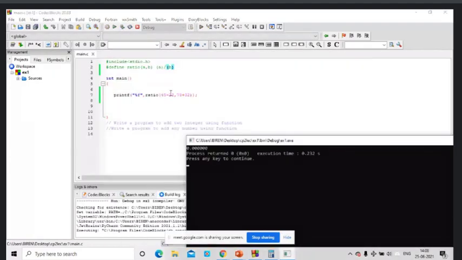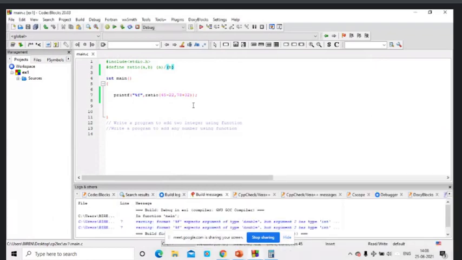Still we are not getting it. 45 minus 22.